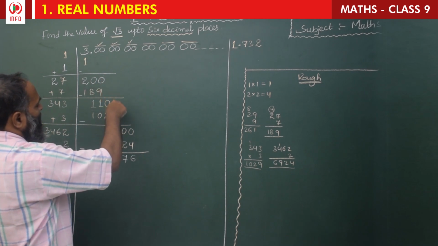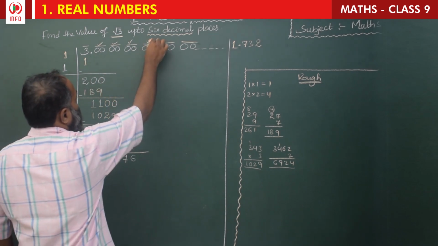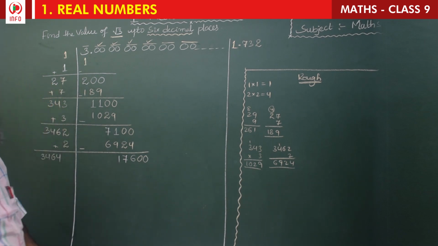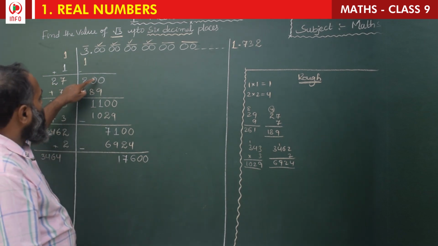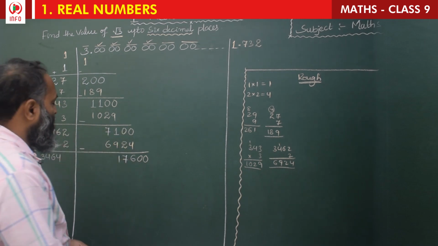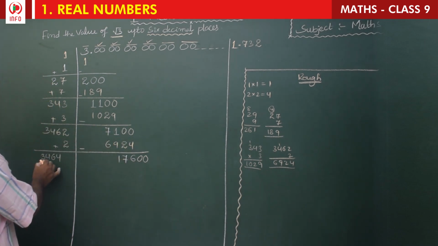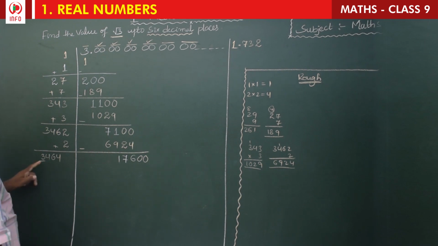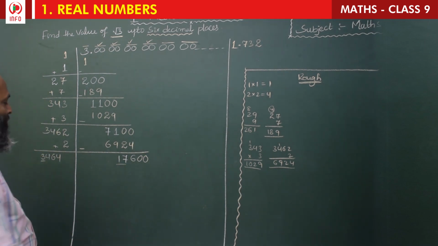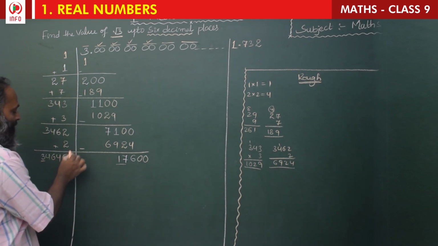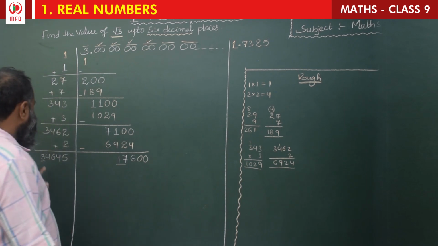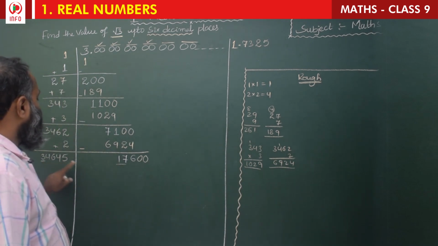So 120, 120 3 times over, the fourth zeros. So we should copy the fourth pair of zeros. How many zeros? This is the fourth pair. Now here in the 3 table, when will you get 1700? 3 5s are 15. It means here 5 and here 5 we should take. That is 34,645.